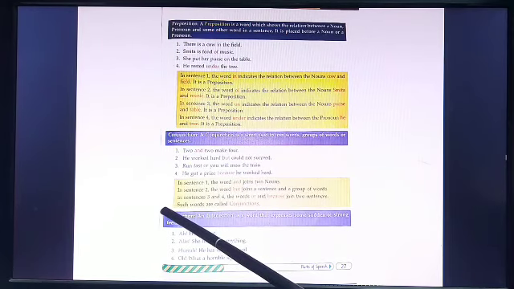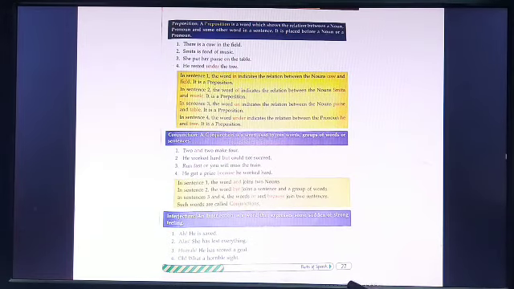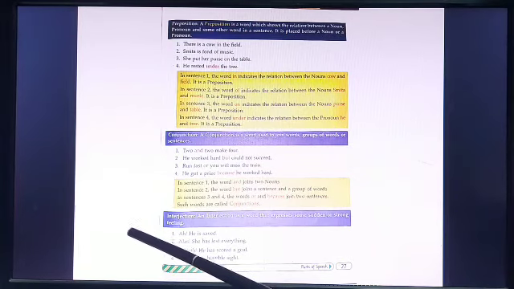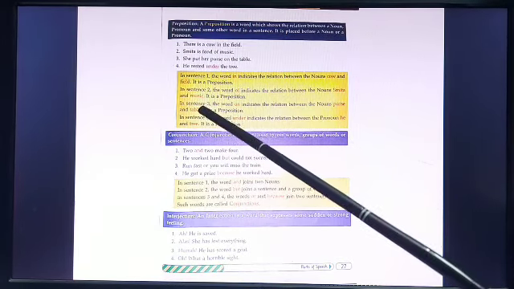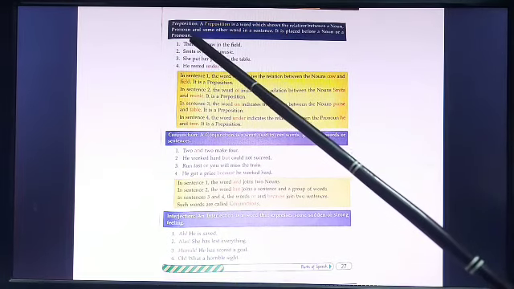So let's begin. This is page number 27 of your book. Please children, if you cannot see the page in the video properly, you can always open up your book to page 27 and read it with me.